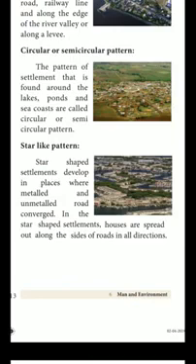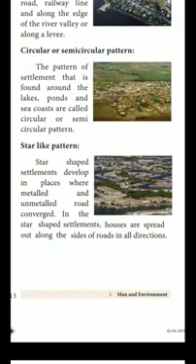Where they will build the house, it will be star-like, isn't it? Star-shaped settlement developed in places where metalled and unmetalled roads converge. Near the road, some roads are covered by metal and some are non-metal, isn't it? In those places they will build. In the star-shaped settlement, houses are spread out along the side of road in all directions. It will be like a star shape.